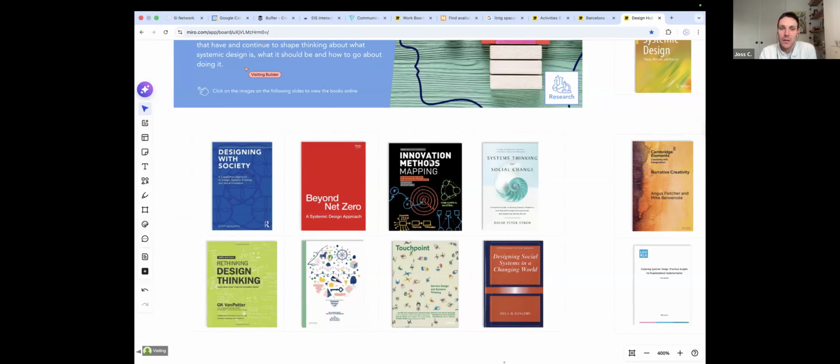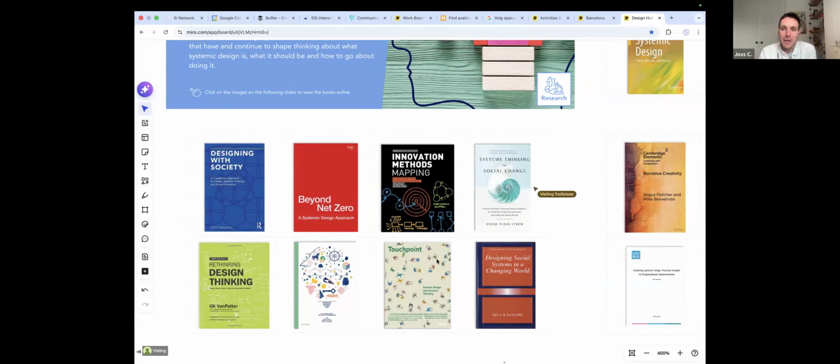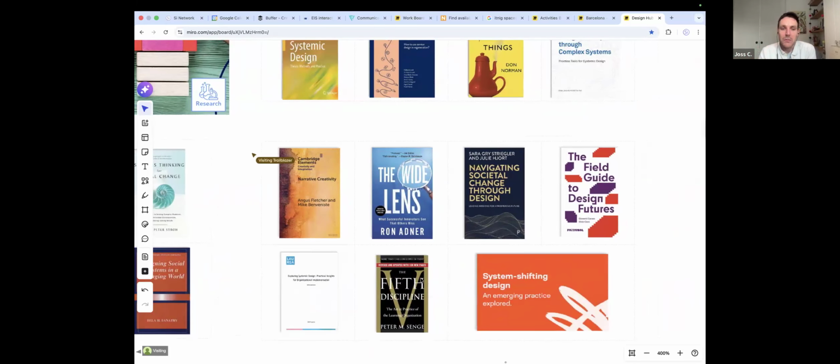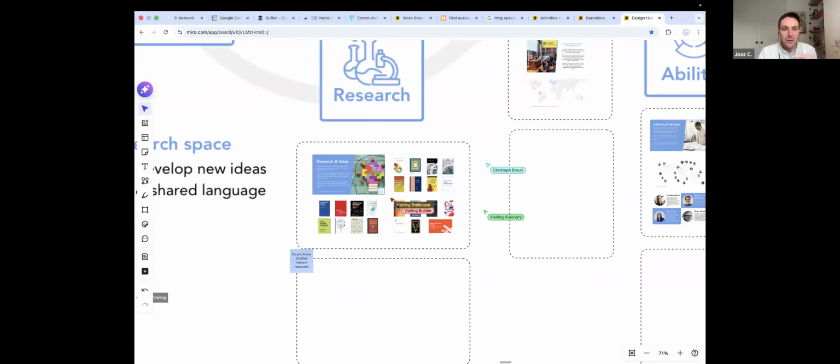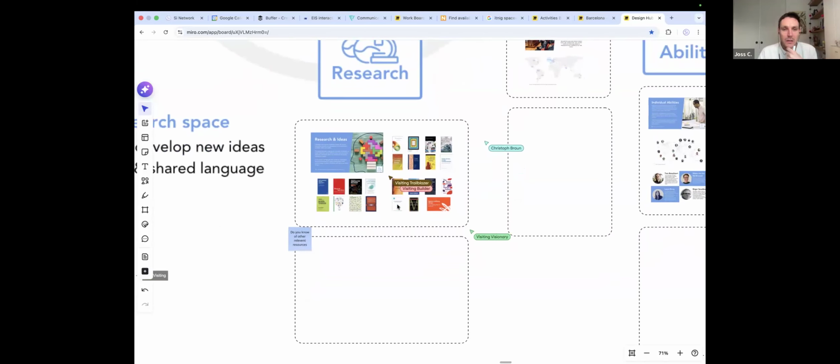Innovation Methods is a compilation of core design methods and tools. Really interesting touch points. Service Design Network Touch Points magazine here on service design and systems thinking. Again, Peter Senge's Fifth Discipline, kind of a classic there. But these are all great books if you want to learn more about this, and they're all books that have contributed to the development of the field over the past decades. So jump into the guide, download it, and you'll be able to click on those and take a look through them.